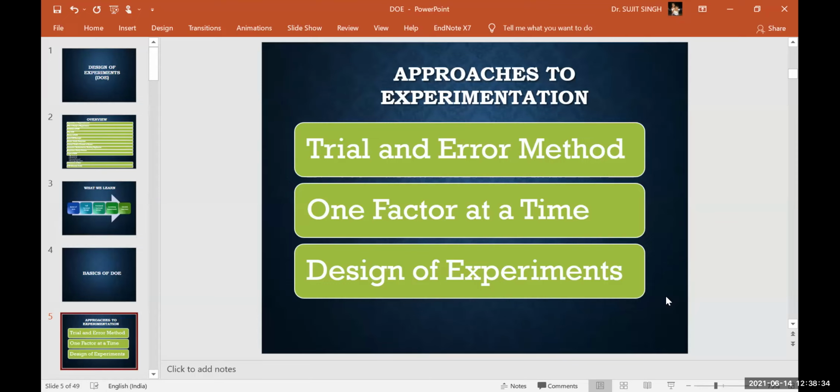If the process is not systematic, and we are doing it just by guess, that means we are trying again and again and finding out the errors, and seeing whether we achieve the objectives or not, that kind of method is known as the trial and error method.